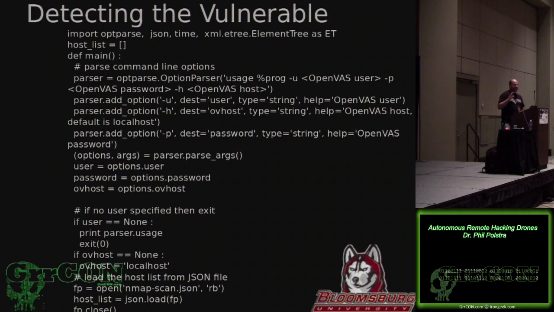Now, how many of you used OpenVAS before? Okay. It's a decent tool. One thing, if you've ever used it, you probably already know. You do not say something like, hey, let's do a scan 192.168.1.0/24 with OpenVAS. Because guess what it's going to do? The first thing it's going to do, it's going to repeat that entire port scan that you just did with Nmap. And it's going to take freaking forever, because it's a lot slower than Nmap because of the way it